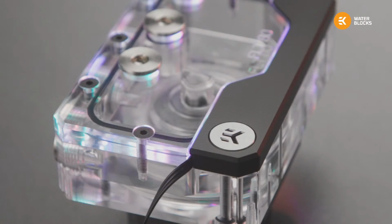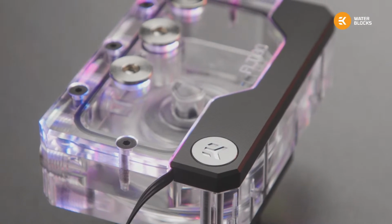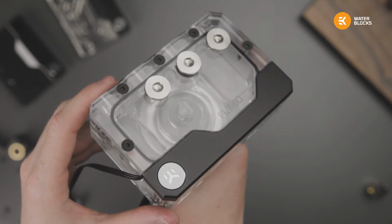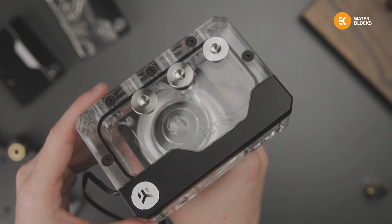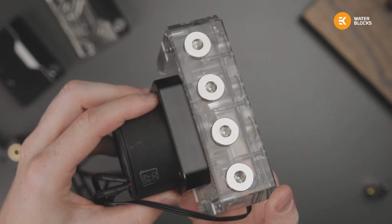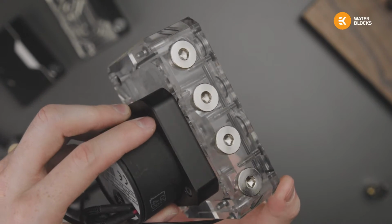So this is the Kinetic and Volume FLT 80 series. As of right now, we have 360, 240, and 120, and this is a smaller addition to those. That's just 80 millimeters in width. This is the smallest practical size we can attach a D5 or a DDC to and still have space for you to fill it and to drain it and to use it. So it stands the same height as a 120 millimeter fan. It's just 80 millimeters wide, so its mountings are the same as a 120 fan in one direction, the same